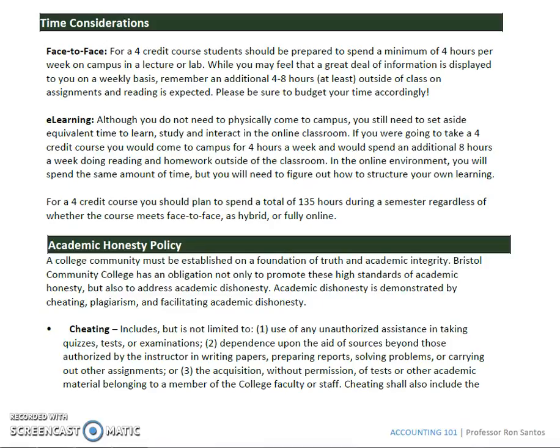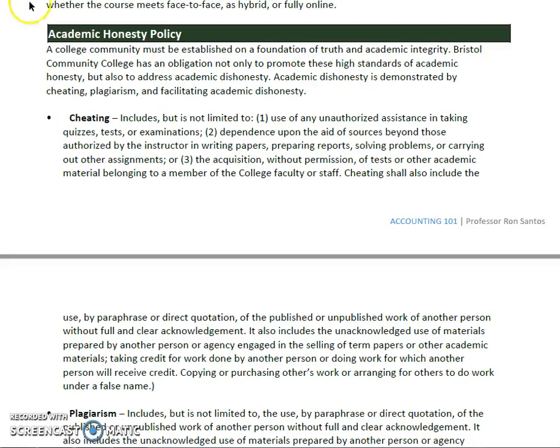For this 4-credit course, you should be spending 8 to 12 hours a week, and a total of 135 hours, which is the same regardless of whether you're in class or out of class. So keep good time management of the class, and remember that this is how much work will be demanded for the class. This is the college's